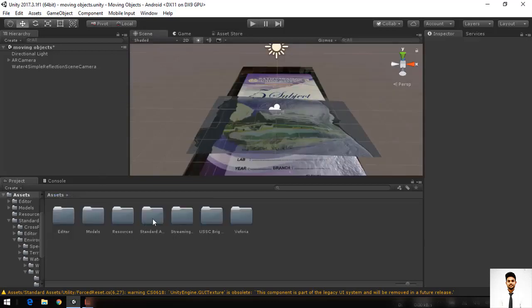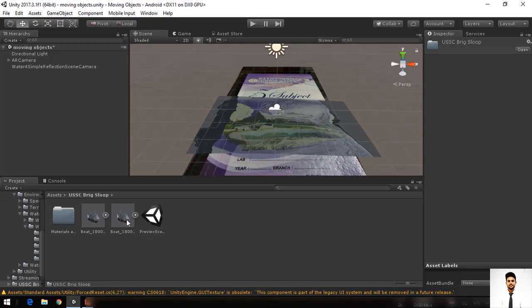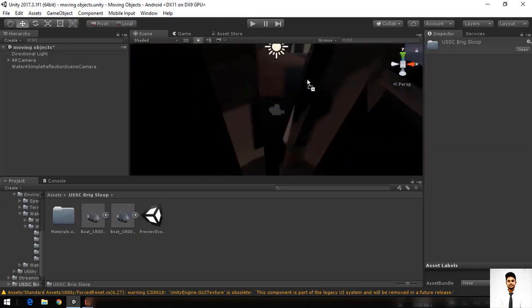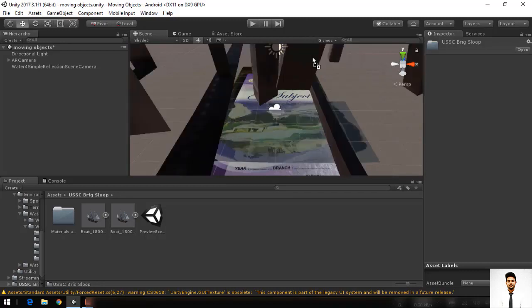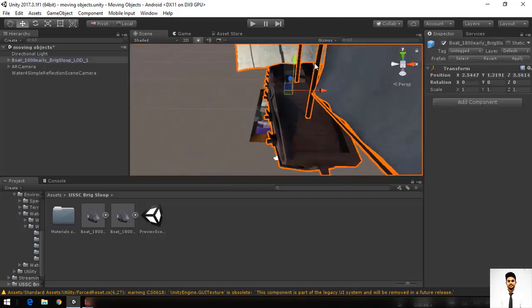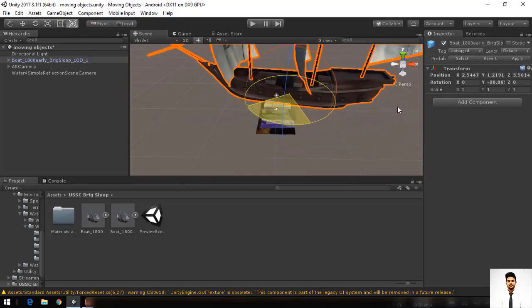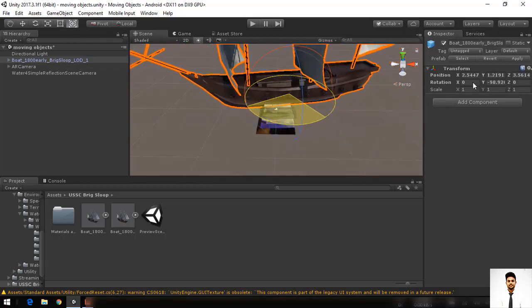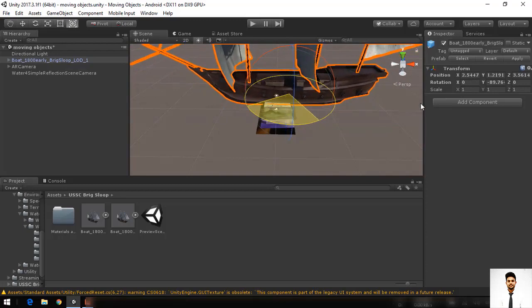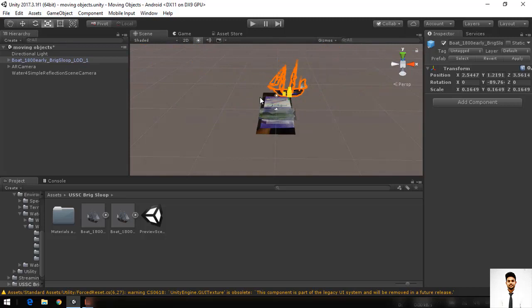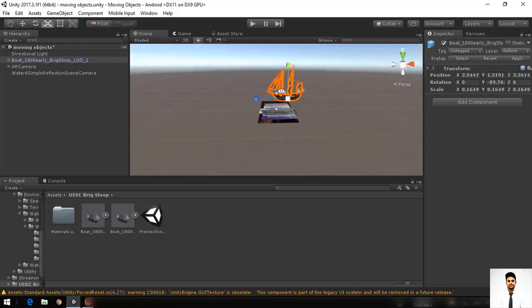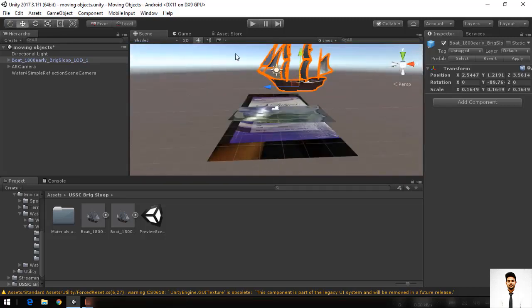Go to scene, assets, search for the ship prefab. Yeah, here it is. Now move the ship prefab on top of the water prefab. Adjust the size, length, breadth, everything on the top of the water prefab so that it actually is fixed on top of it. Let's rotate it something. Let's minimize it down. Oh, the ship is not touching the water. We have to make it touch the water.